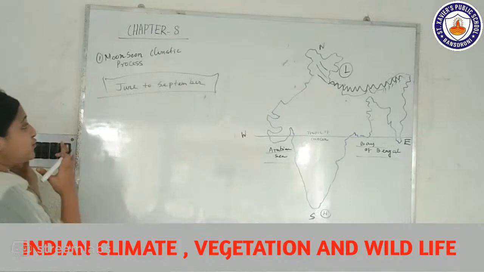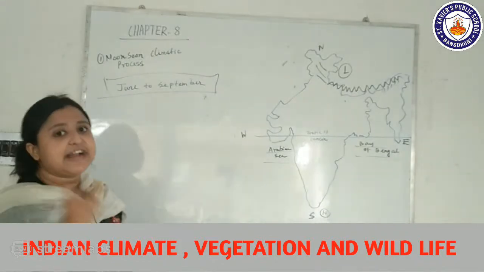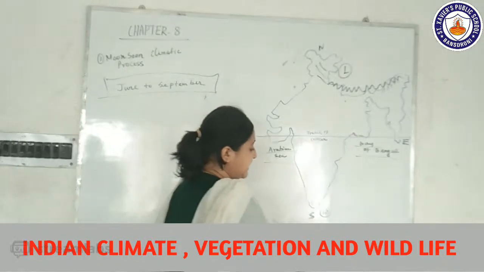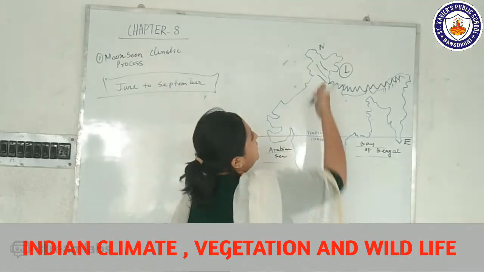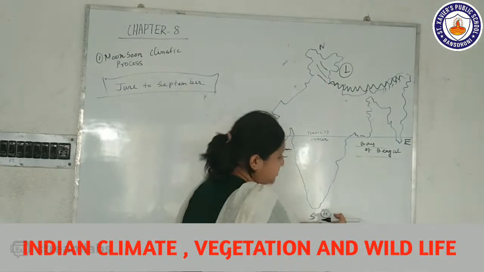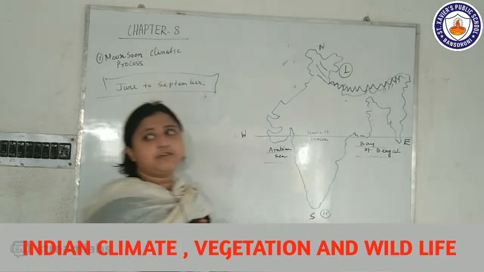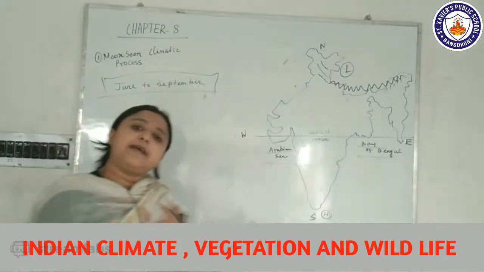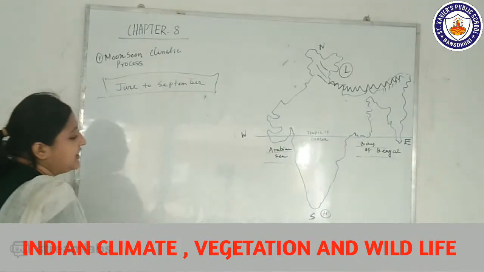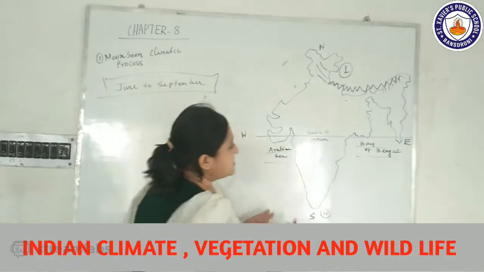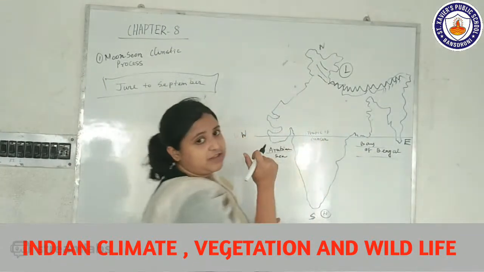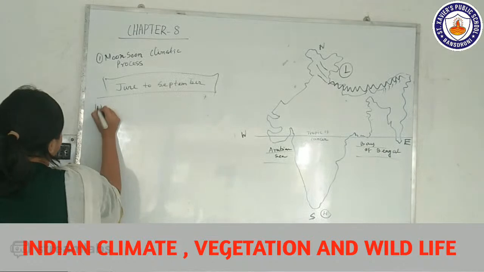So between June to September, a pressure gradient force is created from the southern part to the northern part, I mean from the high pressure zone to the low pressure zone. And we all know that wind blows from high pressure to low pressure. So it's very clear there is a wind system which crosses from the southern part to the northern part, right? So the first point is